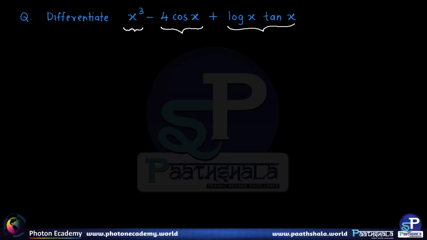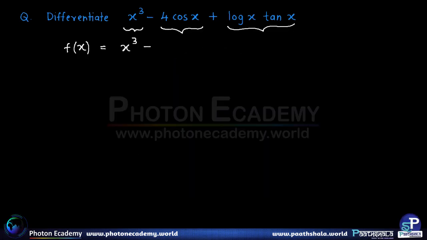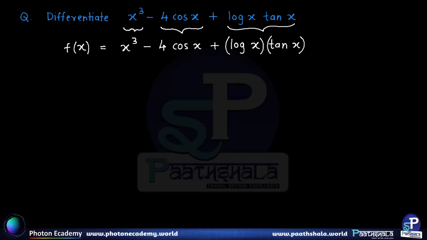Now let us denote this particular expression as, say, f of x. So f of x is equal to x cube minus 4 cos x plus log x tan x. Now we have to understand that log x tan x is the product of log x and tan x. Okay? So therefore the derivative, which is f dash of x, is given by, if you observe the first function